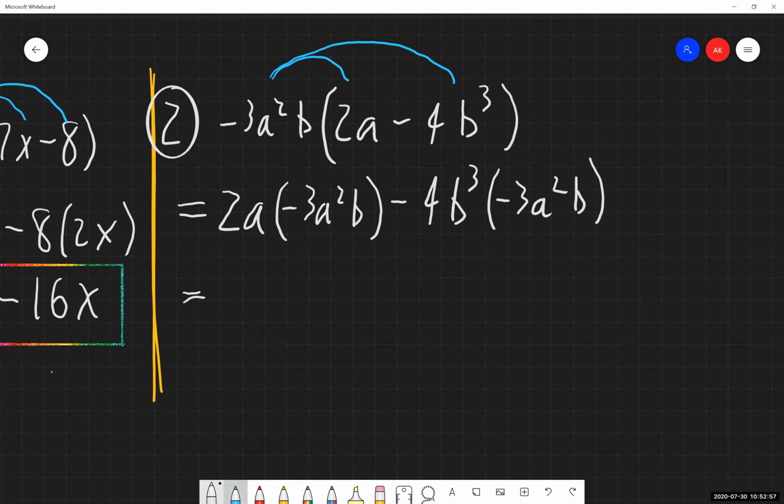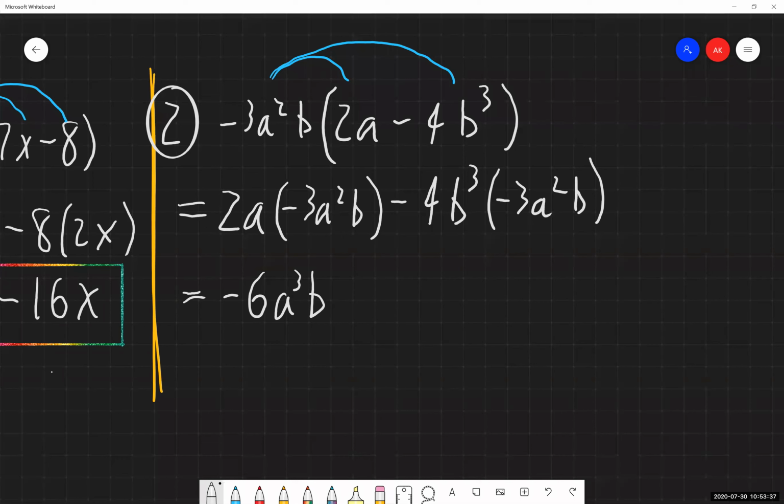So looking at this, let's work with multiplying our first part together here. Work with the numbers, then the a's, then the b's. I have 2 times negative 3. It's going to give me negative 6. A times a squared. The bases are the same. They are multiplying, which means the exponents will add together. I get a to the third power. And I just have a b hanging out there at the very end, so nothing's changing with that. It's going to stay exactly as it is.